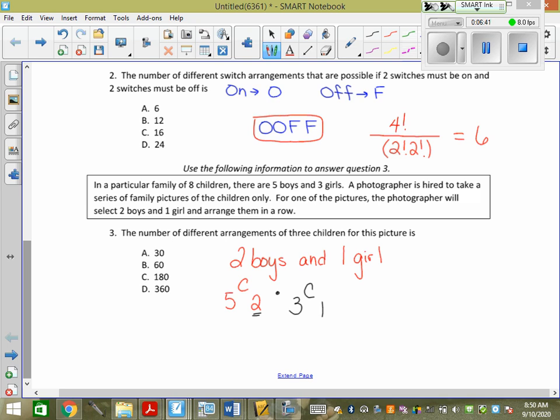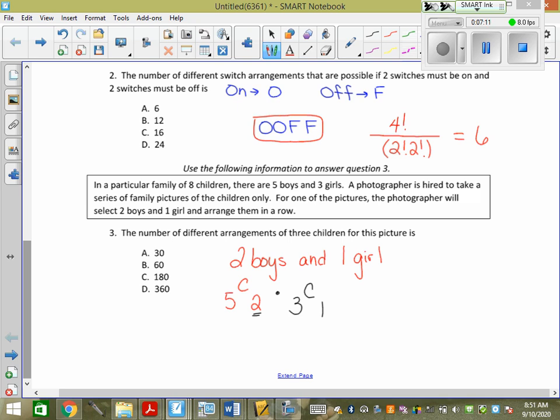If I put P's, this is why P doesn't work. If I put a P, I'm just arranging the 2 boys around, and this girl just sits at the back. She's never actually put in the middle. They probably put a boy and a girl in the middle, right? That's never going to happen if you pick P's. If you pick P's, there's never a girl in the middle. Because you're just arranging the 2 boys and then the girl over here. Okay? Is that what we want? No, we want to pick 2 boys, we want to pick a girl, and then we'd be done, except they said, it's a picture, we're going to arrange them now.